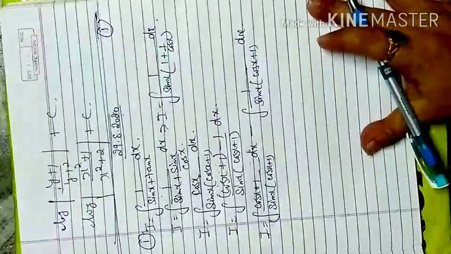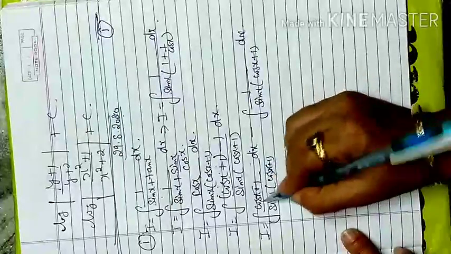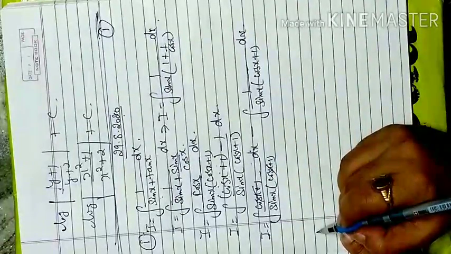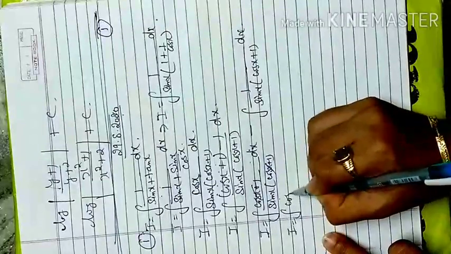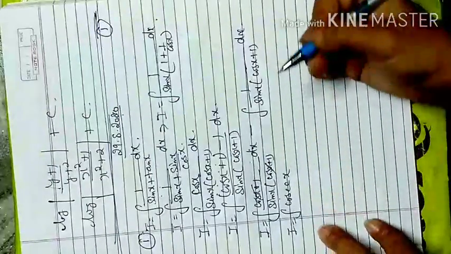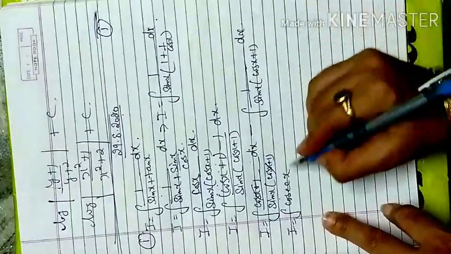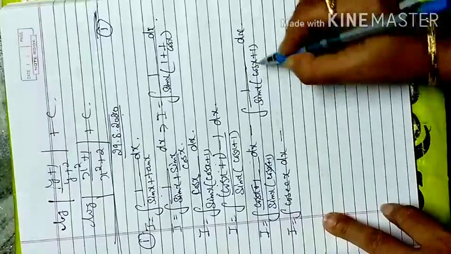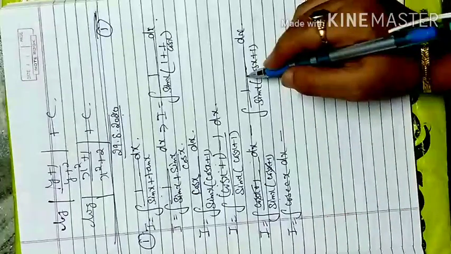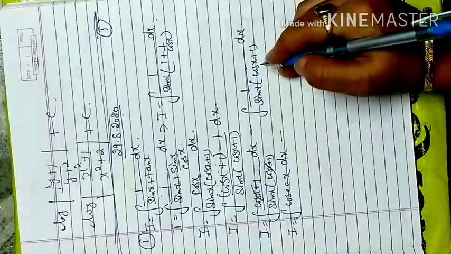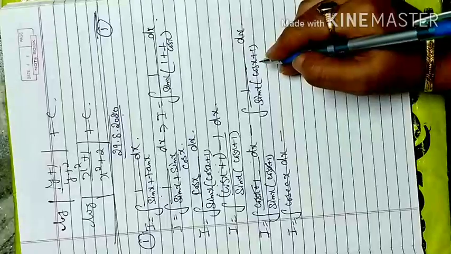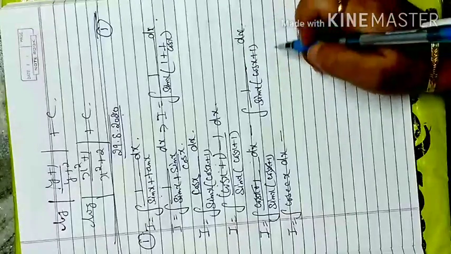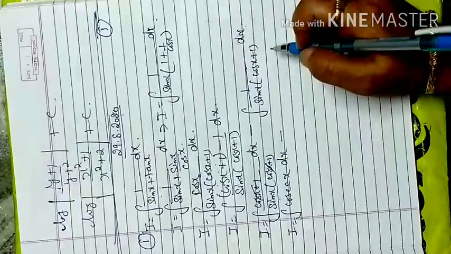In this question, this cos x plus 1 will be cancelled in numerator and denominator, only 1 upon sin x is left, which is the integration of cosecant x. 1 upon sin x is equal to cosecant x, dx. Here there is nothing in the numerator. If I consider anything like cos x as a variable, I need sin x in the numerator, because the differentiation, sin x dx, must be there to cancel and convert x into another variable and dx.